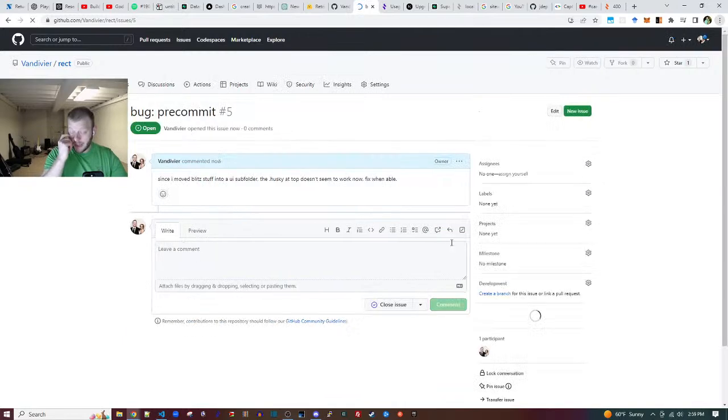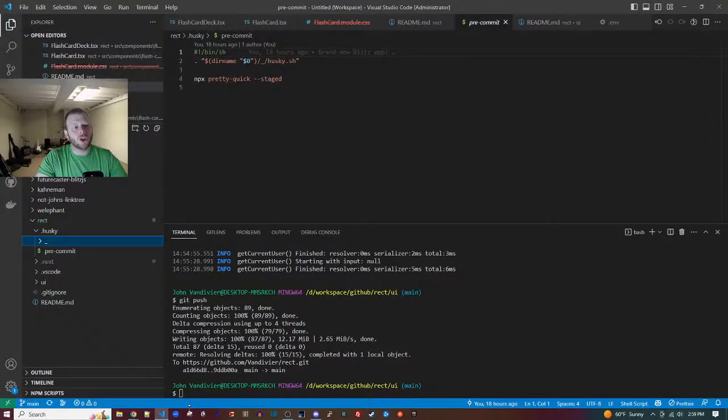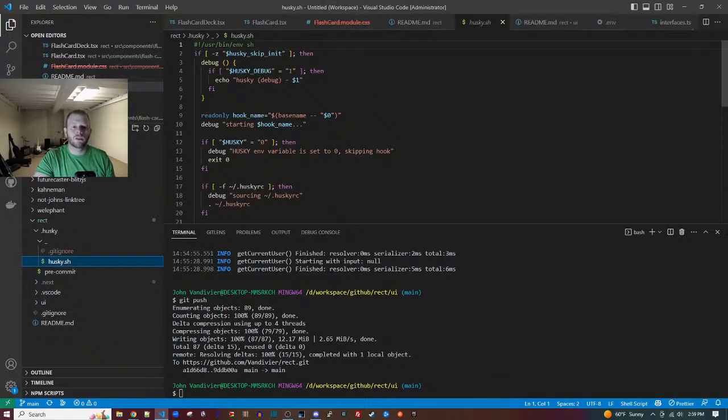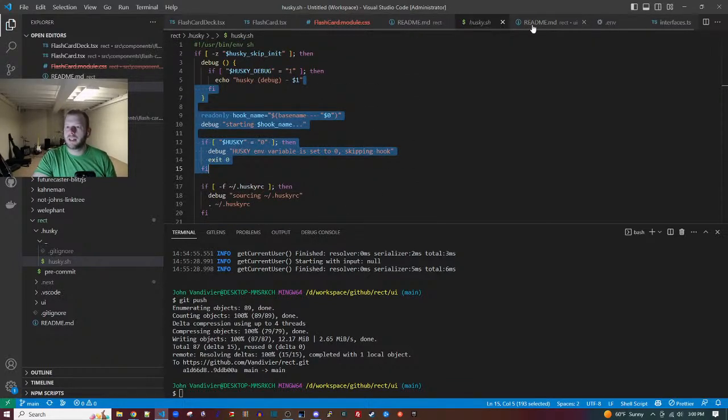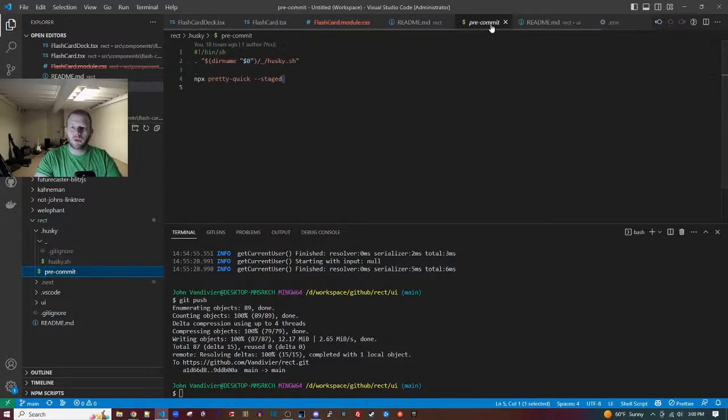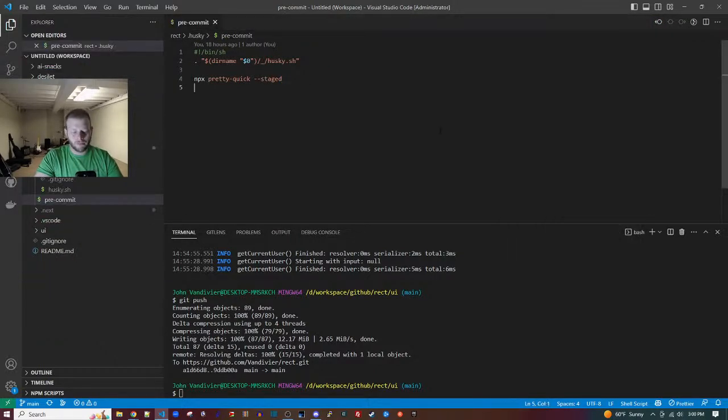I've heard of Husky. What is it? It is a git hook tool. So it'll let you run pre-commit, pre-push, little scripts. And in this case, it makes sure that my TypeScript code is formatted and runs my tests and runs lint. No, it doesn't. It's just running format, I think. Where's the sh? Husky sh. Echo. Yeah, okay. Well, what I said that it does is what the Blitz Huskies used to do, but this one only does prettier.